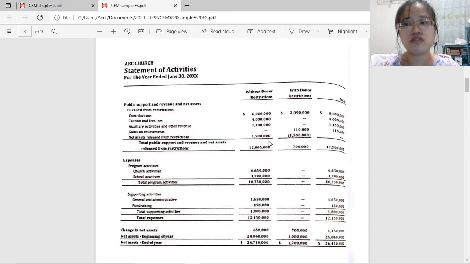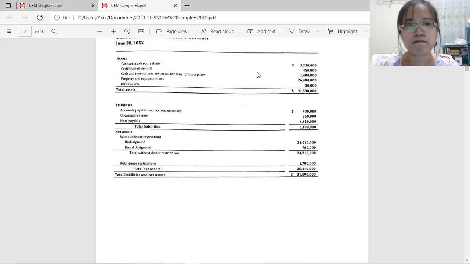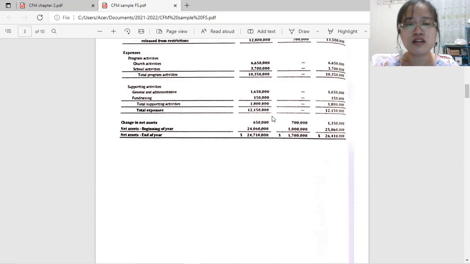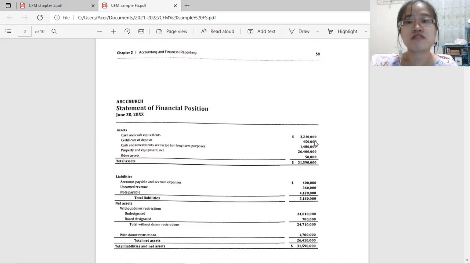Okay, and that would give you a smaller, more focused look at the finances of the company. So when you create your budget and look at the liquidity, you can see, let's say, cash and cash equivalents at the end of the year. You have 3.2 million, but for a month, you would need, let's say, 1 to 2 million for the expenses. That's just an example anyway. So you would have to compare this to this one to check if you have enough cash